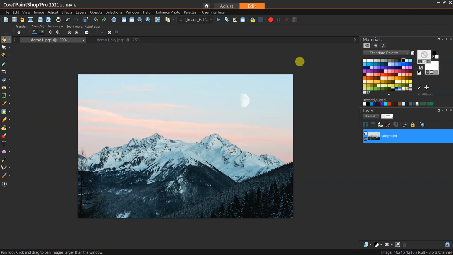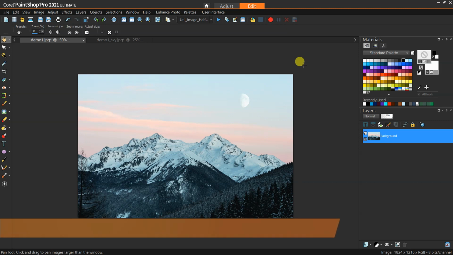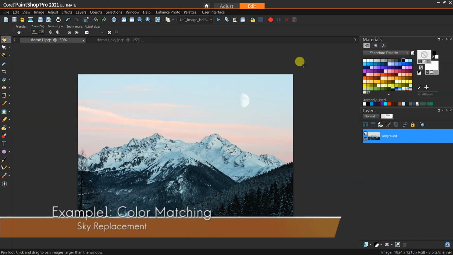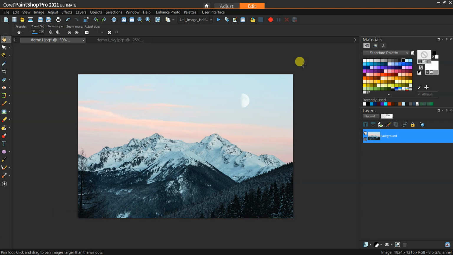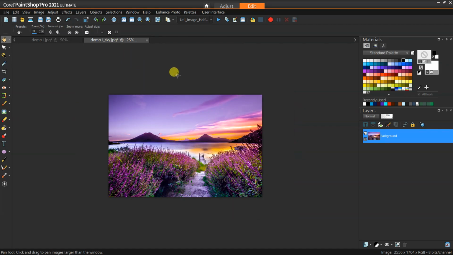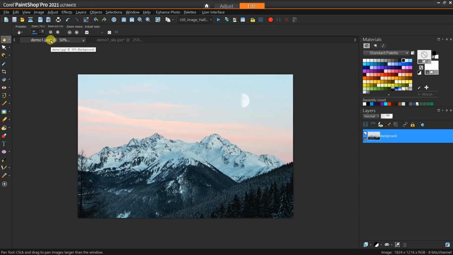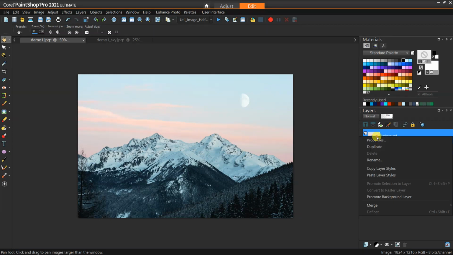For this first example, as you can see, it's a very standard scene. I got this image from pexels.com, and the image is fine and it looks great. What we want to do is replace this sky with something much more vibrant, a little bit more sunrisey, but more purplish in color. So the first thing we're going to do with this image is duplicate it,